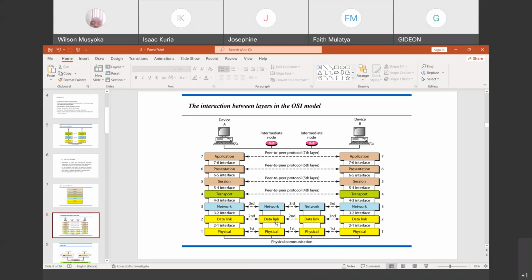So when this device looks at the data link layer, it will check and see that I am not the destination IP address, so it will forward that data frame to the next node. It checks again, it is not the destination and forwards until you get to the destination IP address. Then now the other activities can take place.